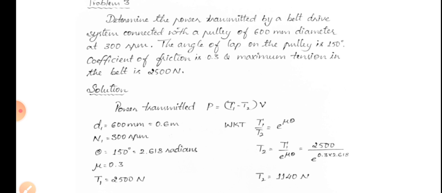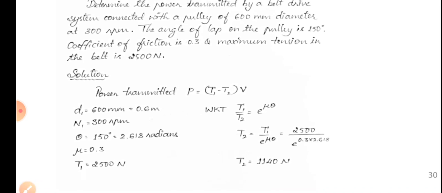Also we know that T1 by T2 is equal to e raised to mu theta, that is the ratio of belt tension. So I need T2 here, so I will substitute the values. I will get T2 as 1140 Newton. So now I know T1 and T2, but still the velocity is not known. In order to find out the power transmitted, velocity is required. So what I will do,